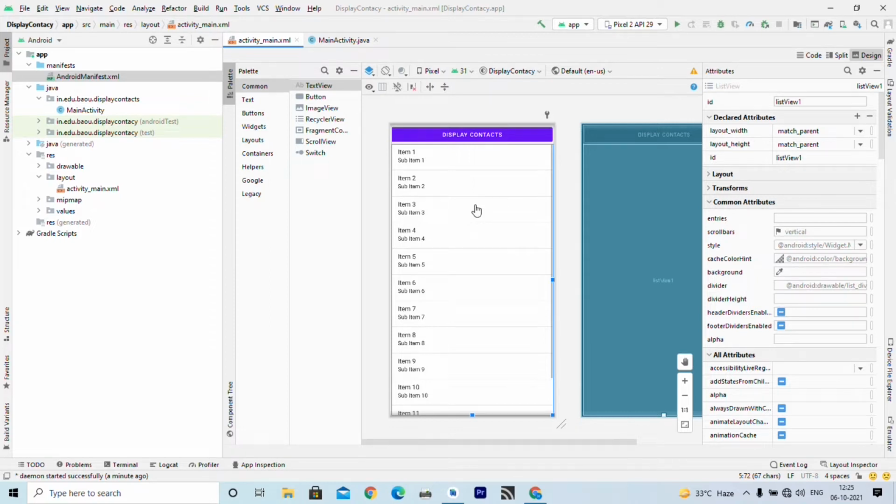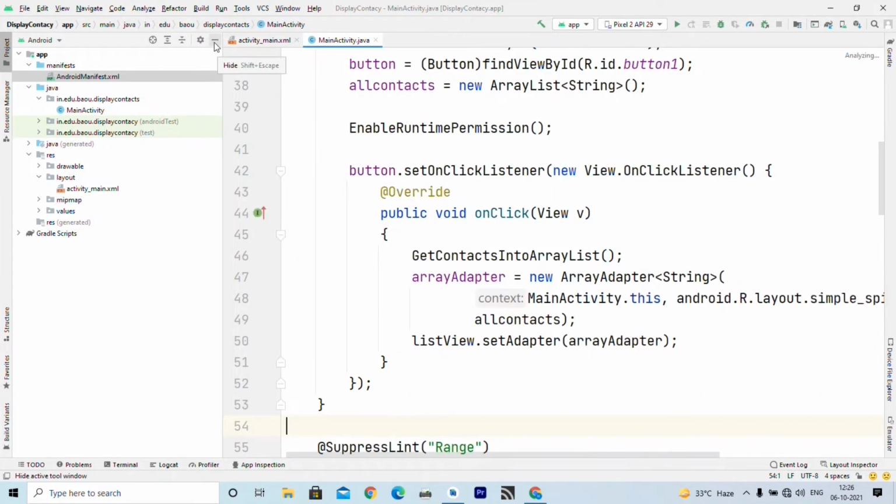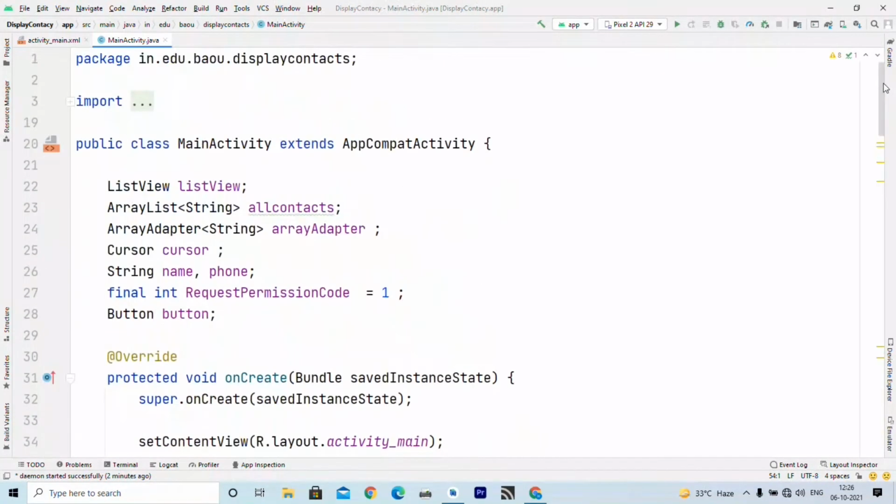So, it is a very simple interface, and what we want to do we have already discussed. When the user clicks on the display contacts button, it will display the contacts stored on your phone inside this list view. I hope you understand how to create this layout file. You can quickly create that layout file, right? Now, let us go to the coding part.